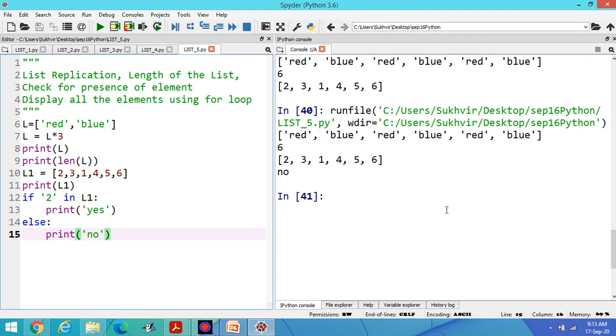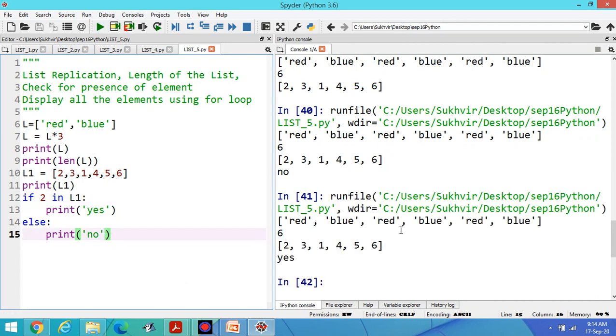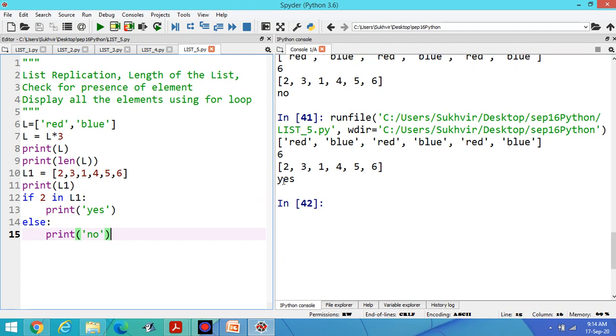Now execute the program. Answer is no. 2 in L1. Now answer is yes.